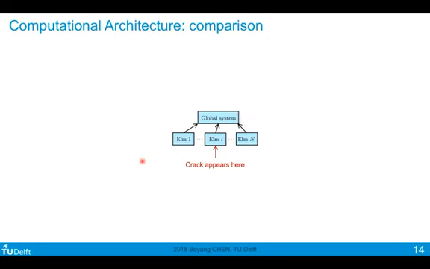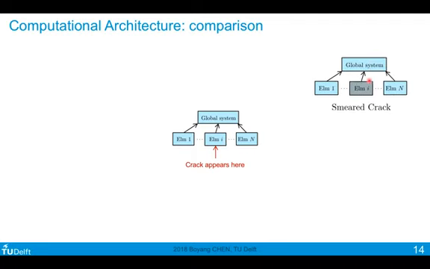In terms of computational architecture, let's say you have a global mesh with n elements, and upon a certain loading, element I starts to have a crack. What happens with the smeared crack approach is that you degrade the stiffness properties of element I, and you keep the original architecture the same. So there's no change in terms of element connectivity, number of elements, assembly procedure, and the global system equation. There's no change there, except that now the stiffness properties of this element are degraded according to a cohesive law.